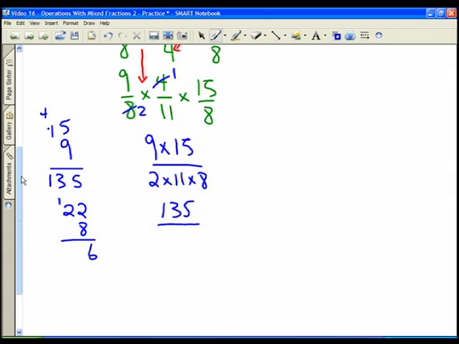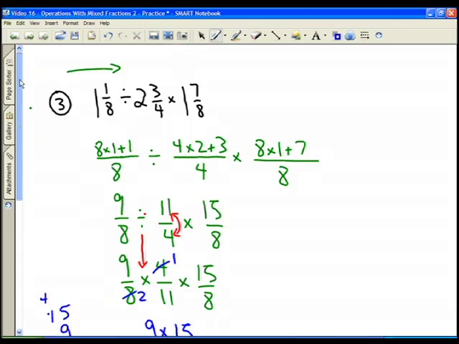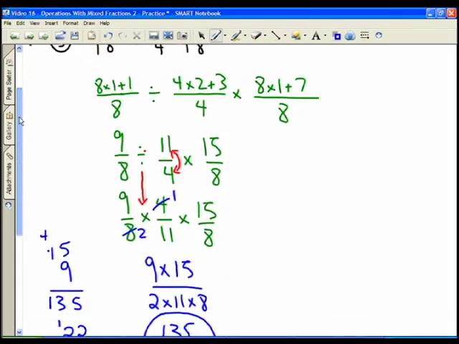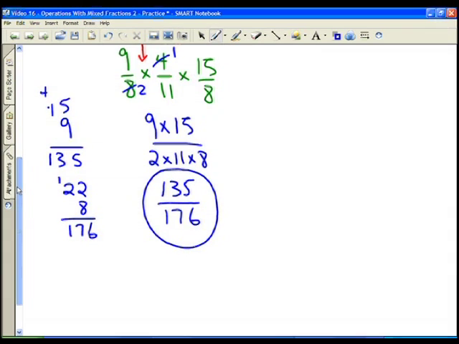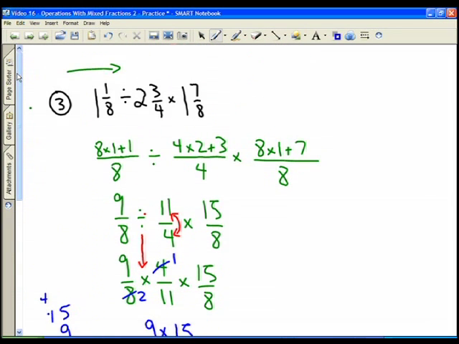2 times 8 is 16. 2 times 8 again is 16, plus 1 is 17. So we have 135 over 176. Sort of a strange fraction, but the idea here is to practice our operations with multiplying and dividing mixed fractions. So 135 over 176 is the answer to the third practice problem. So that should give you a good idea of whether you understand